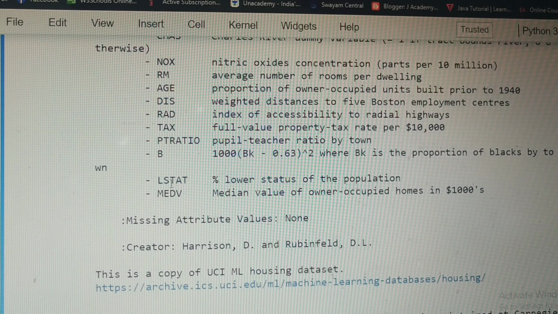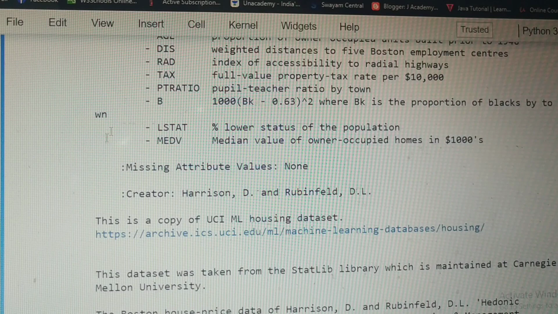Also LSTAT, that is the percentage of lower status of the population. So with all these features you have to predict the price of the house.